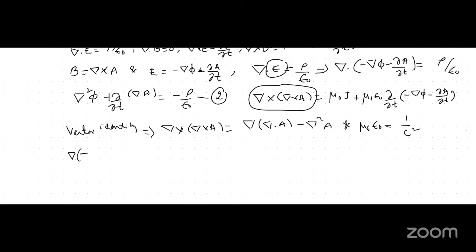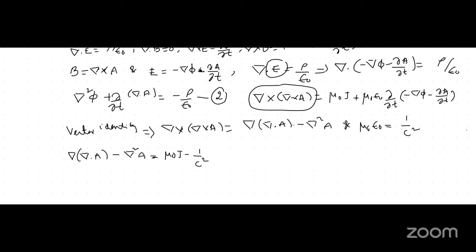minus del square A, which will be equal to, on the RHS, mu naught J, and in place of mu naught epsilon naught we substitute 1 by c square. Then we have dou by dou T of minus del phi minus dou A by dou T. So we write this as minus, minus already we have,